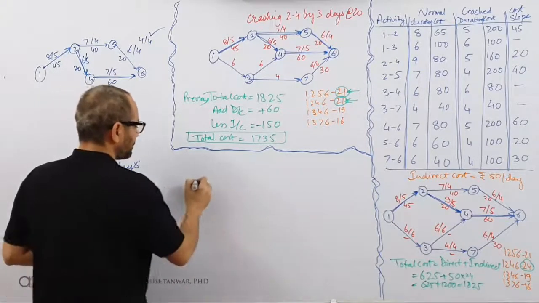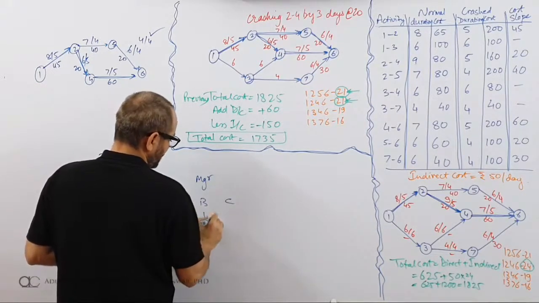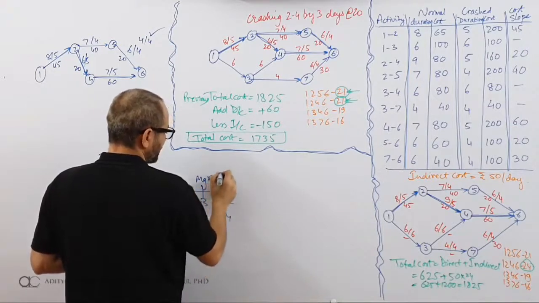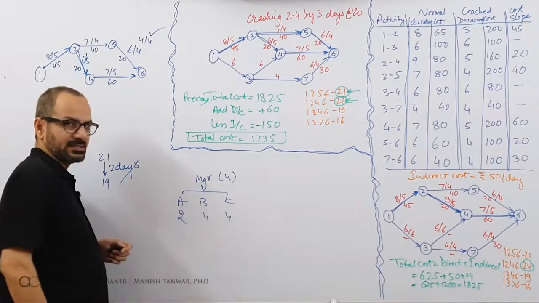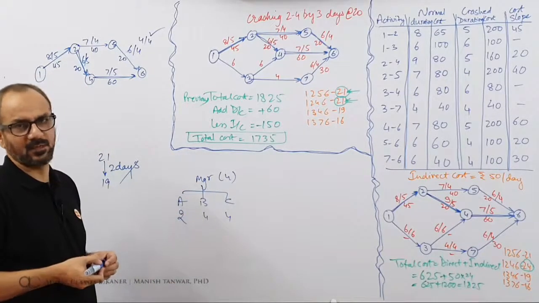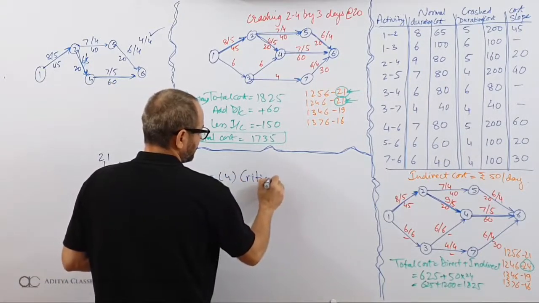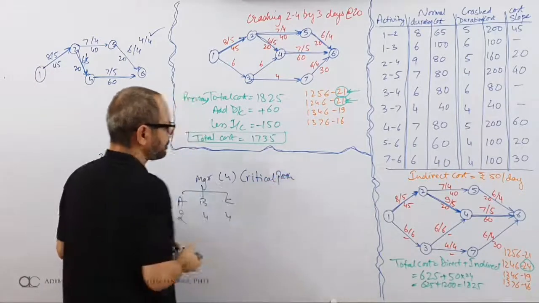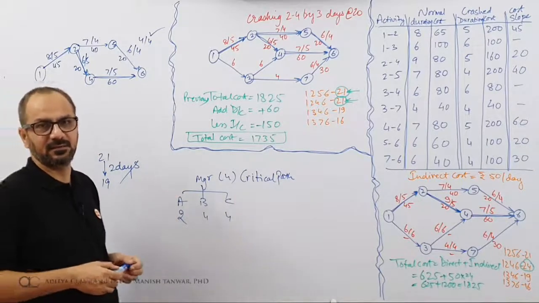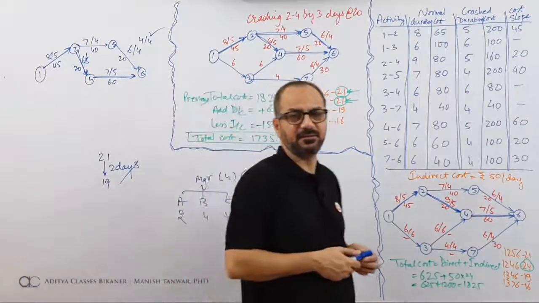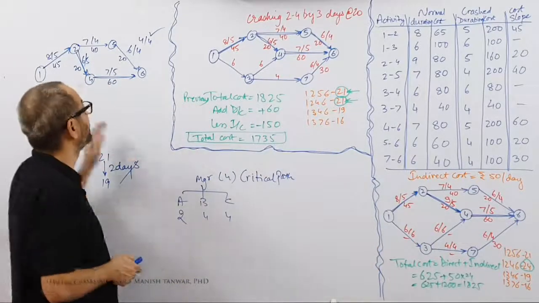Understand this. We have a manager. There is team A, team B and team C. 4 days, 4 days, 4 days. How long is the manager engaged for right now? 4 days. If this team finishes its task in 2 days, is the manager free in 2 days? No, manager is not free in 2 days. Who is manager? Manager is the critical path. Even if you speed A up, manager is still stuck. He is still incurring the expenses of rent, of food. So there is no fun reducing only one path. You need to reduce both paths.